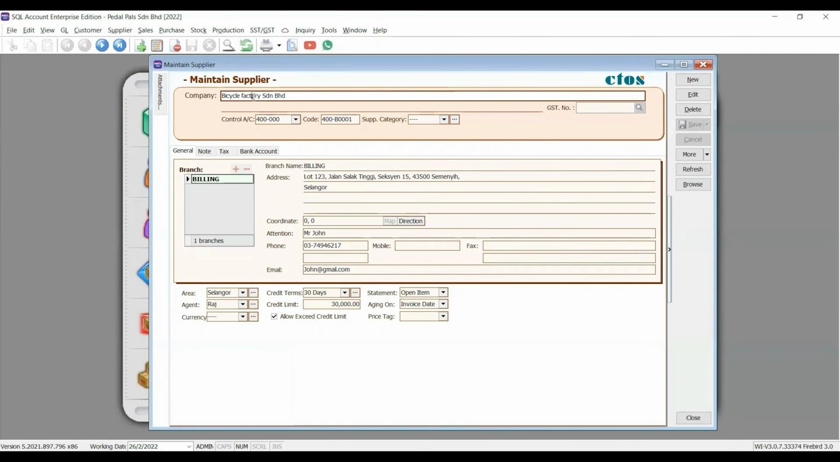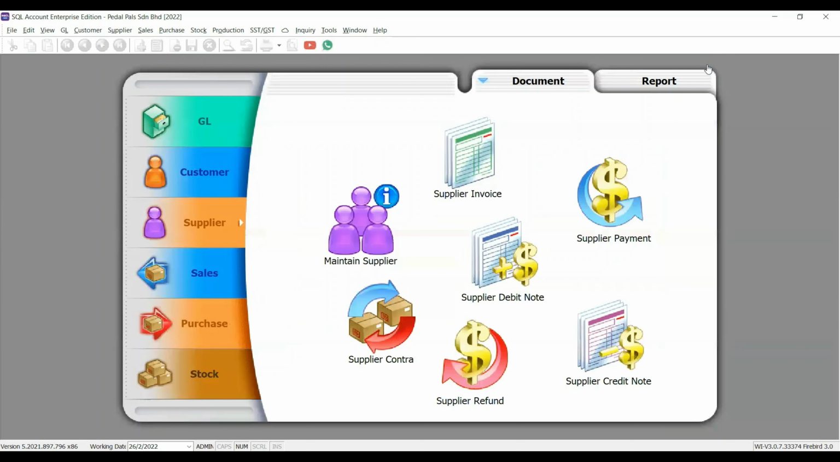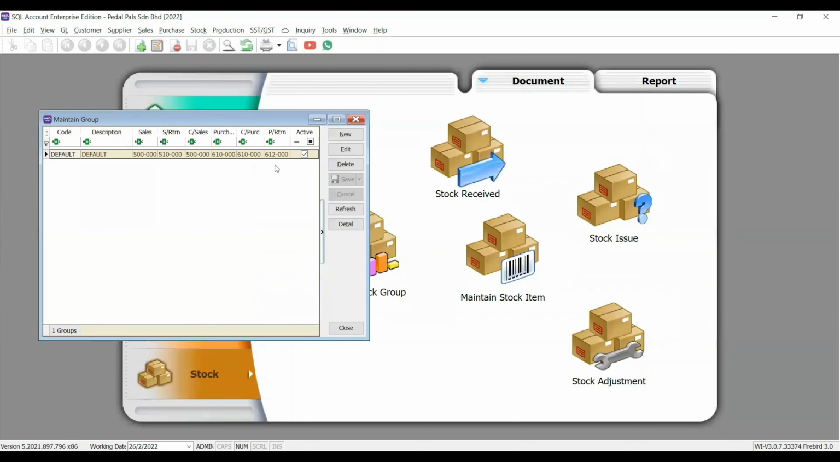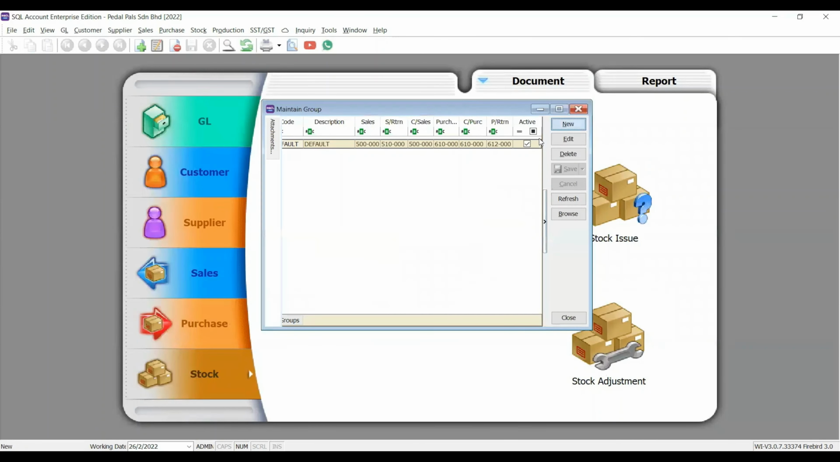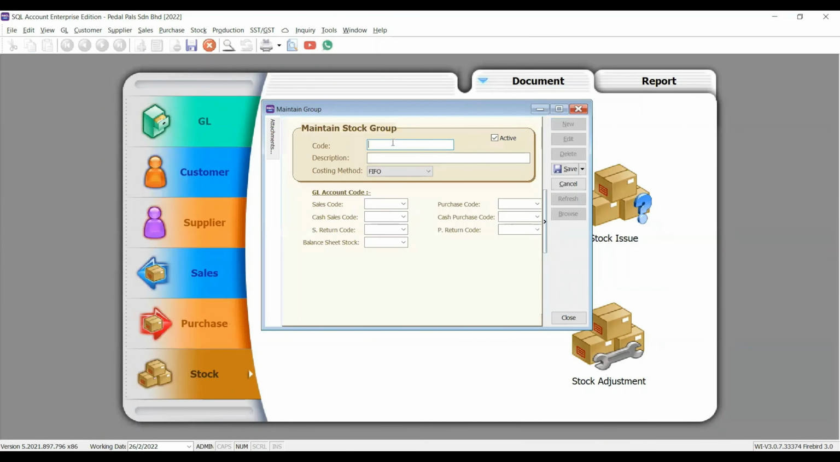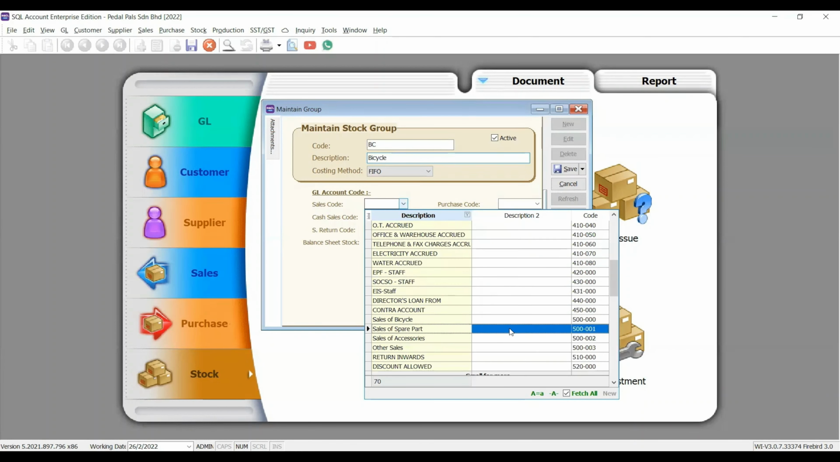After keying all the detail, we click save. We need to maintain stock group. Go to stock and click maintain stock group and click new. And our code is BC and the description is bicycle and our costing method is FIFO and our sales code